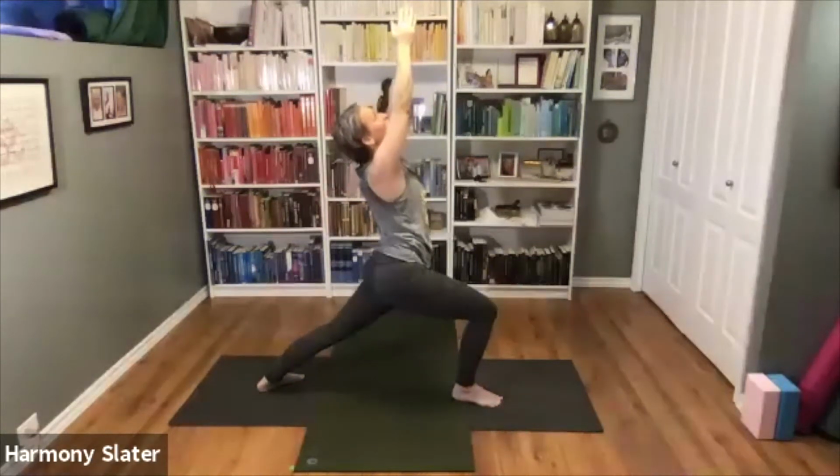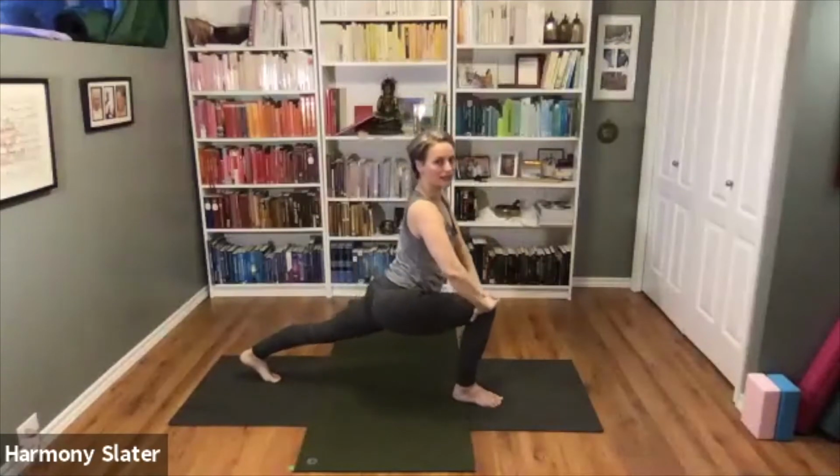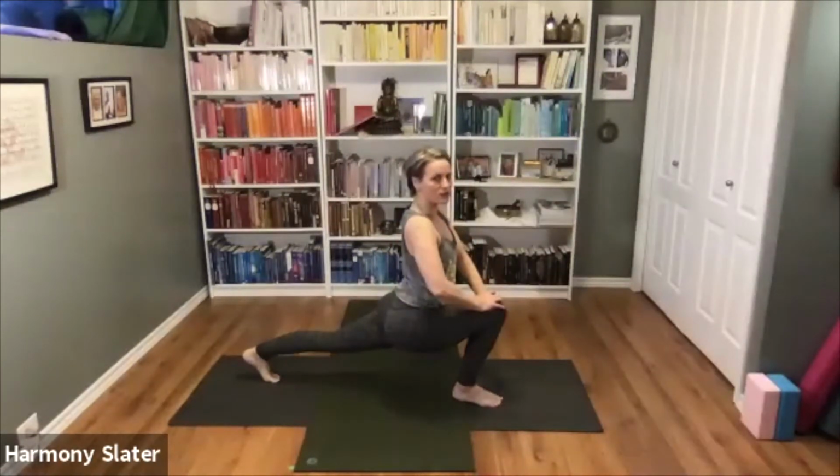2, 3, 4, 5. I always like to get a little deeper hip opening when I can. So let's come into this runner stretch. Lifting the back heel, turning onto the tops of the feet, holding 1,